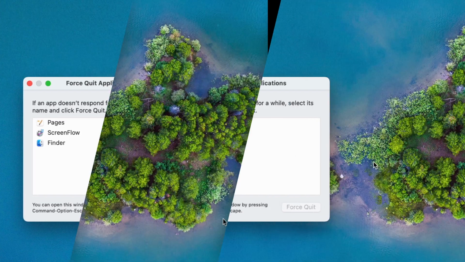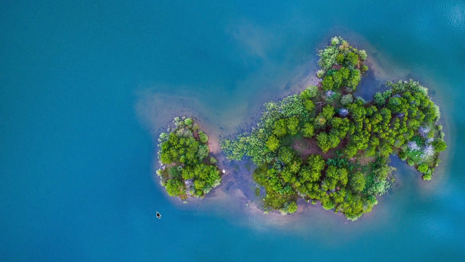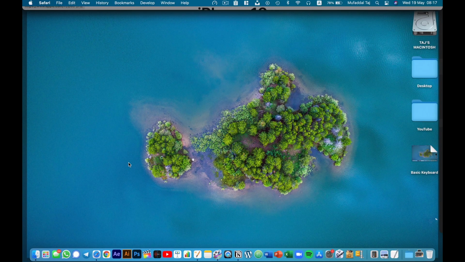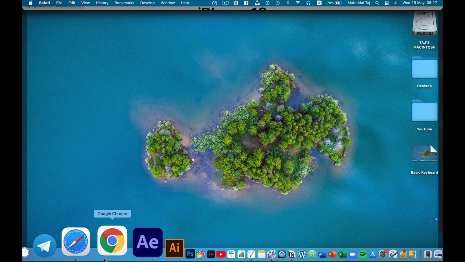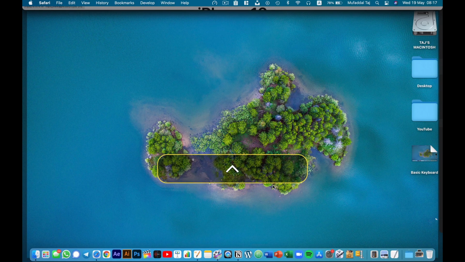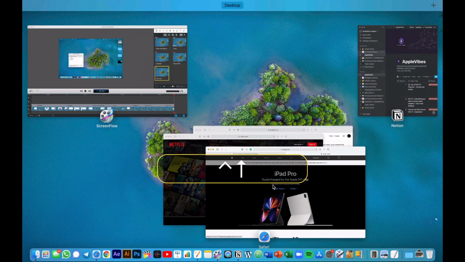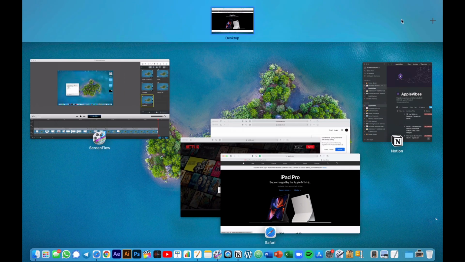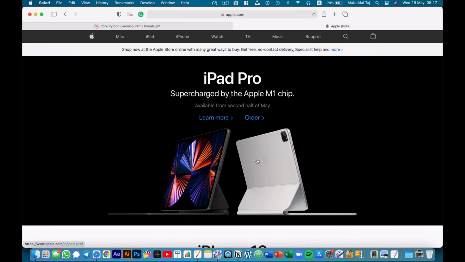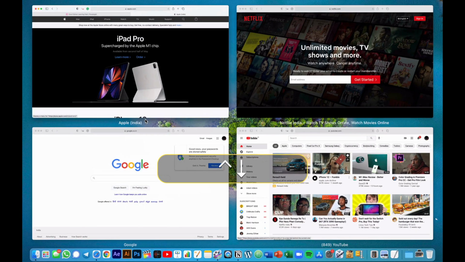To add a new desktop or to get a glance of all your running applications and also the number of windows open per application, hit Ctrl plus the up arrow key and it will take you to Mission Control. As I said, all the apps and windows per app are displayed and we can add new desktops from here. Now say you wanted to check out all the windows open for Safari but not piled up like this in Mission Control. Just hit Ctrl plus the down arrow key this time and you'll get all open windows for that application in a better manner.